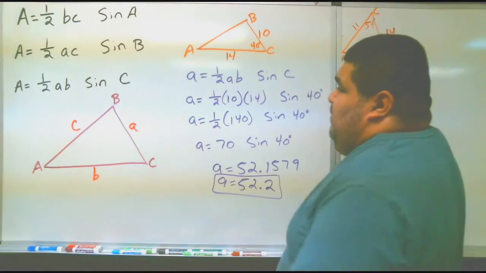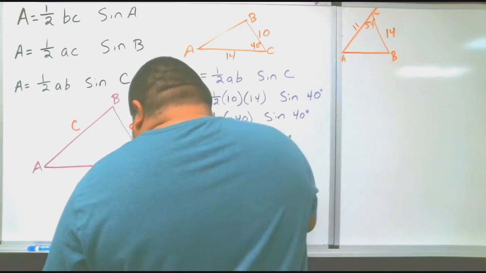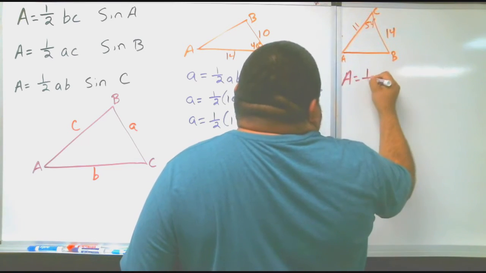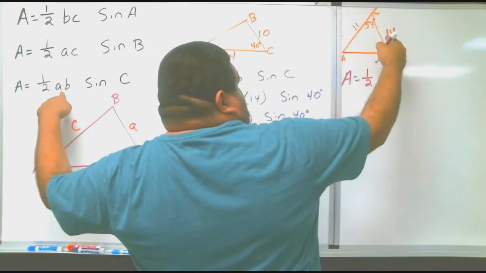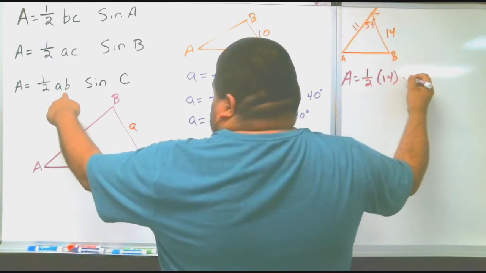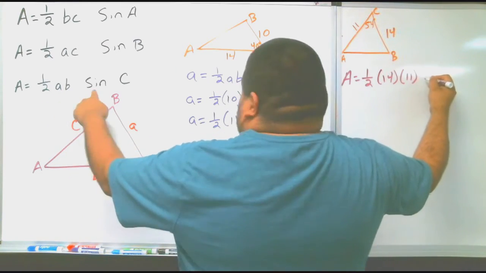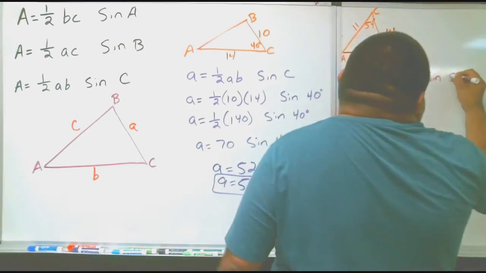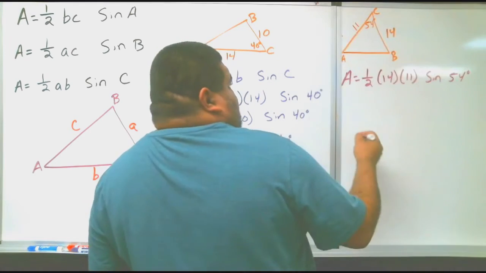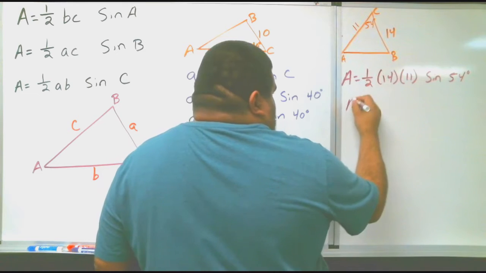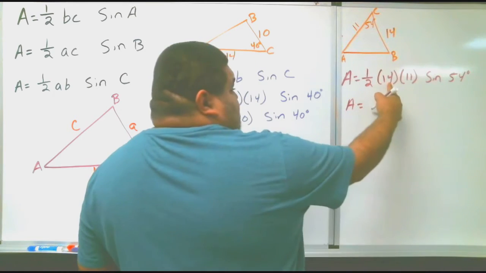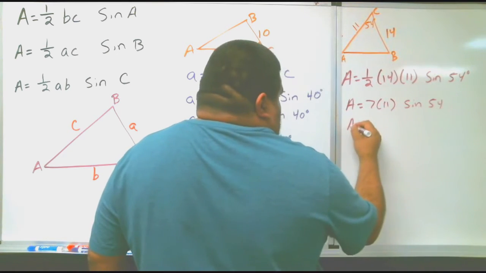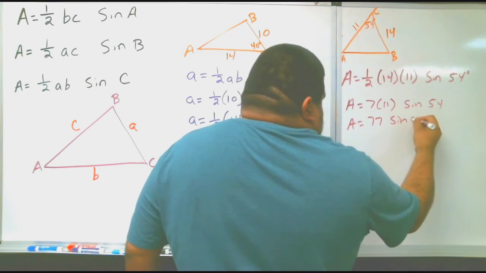So we can say again, we're using the same one. Just another color. A equals 1/2. Little a, which in this case is 14. Little b, which in this case is 11. And then sine of C, which is 54 degrees. Okay? So again, we can cut that in half, the 14. So the area equals half of 14 is 7 times 11 sine of 54. So the area equals 77 sine of 54